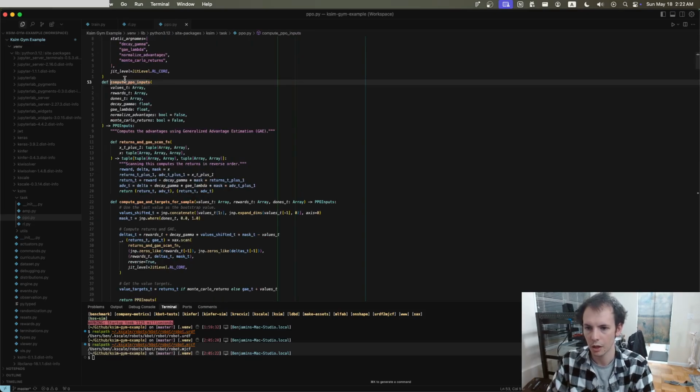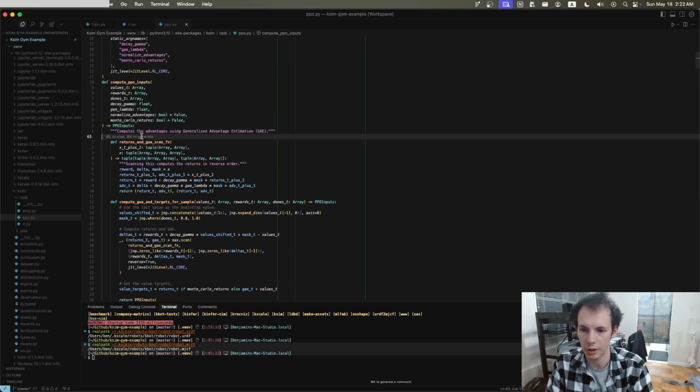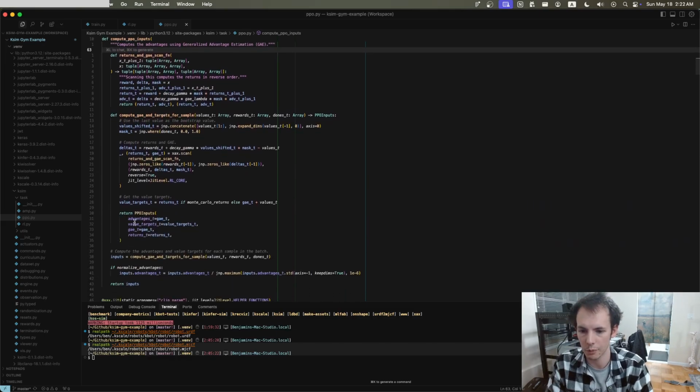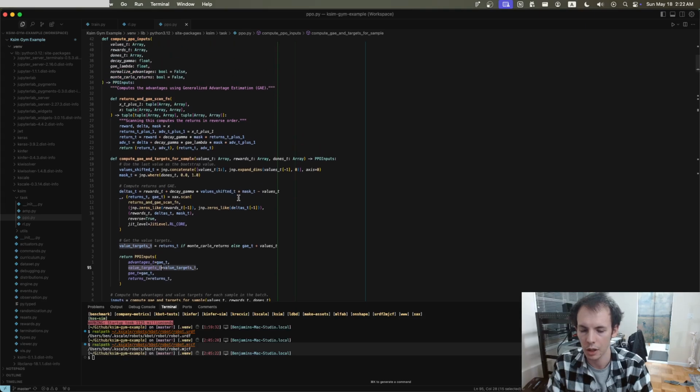Okay, inside our compute PPO inputs, we compute a few things. The important things here are the advantages and the value targets. These are the two variables that are used to actually compute the PPO loss later on. So the advantage function. What the advantage function is telling you is basically the relative advantage of taking one action